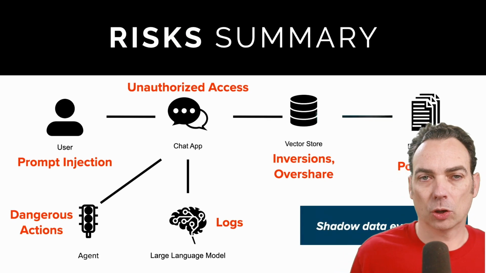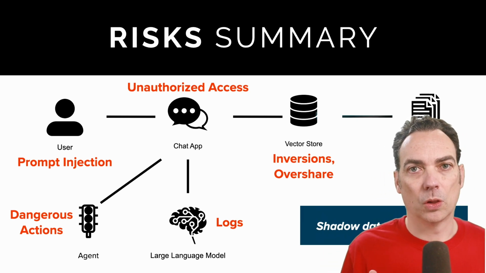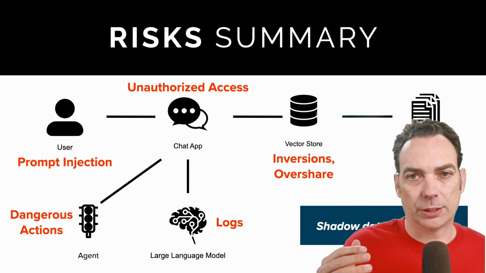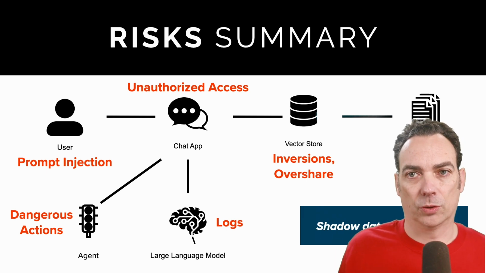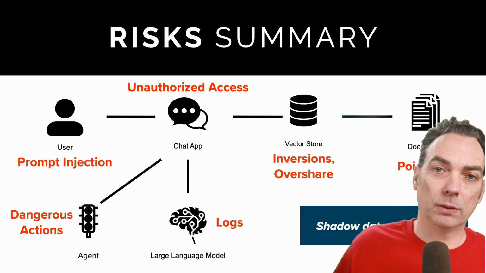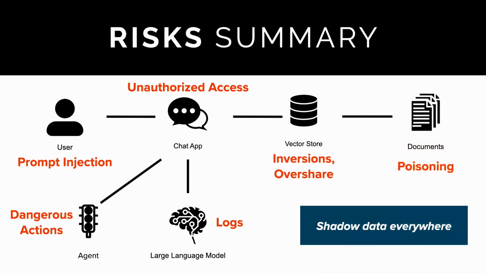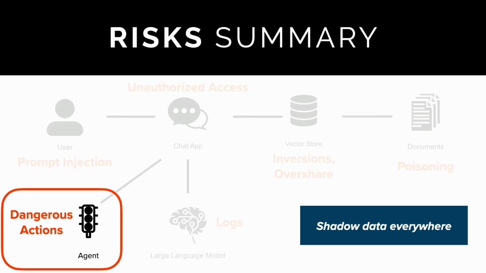When it comes to these systems called RAG systems, there are a lot of issues, from prompt injections to the inversions on the vector store to poisoning of the data that's being sourced and put into the vector store, which can poison the prompt, which can mess up everything, and agents. In other places I talk about why I think agents are particularly dangerous, but I'm going to instead focus here on the shadow data. That is to say, the copies of all your private data that are under-tracked, under-stored, under-protected in the vector store.